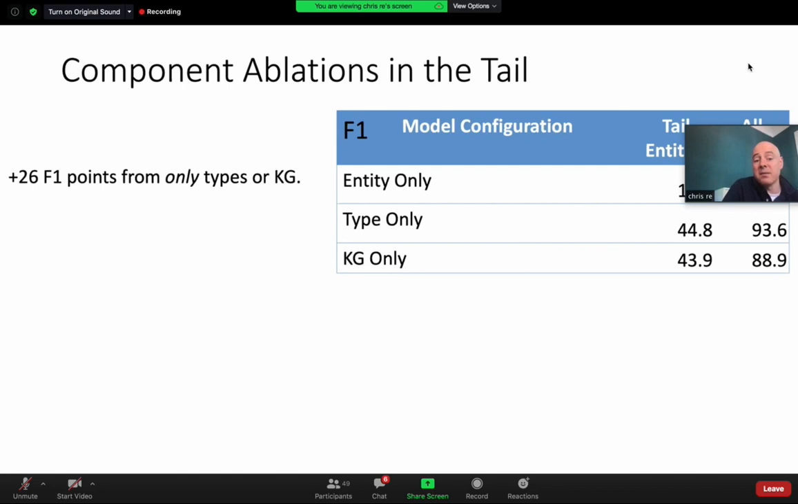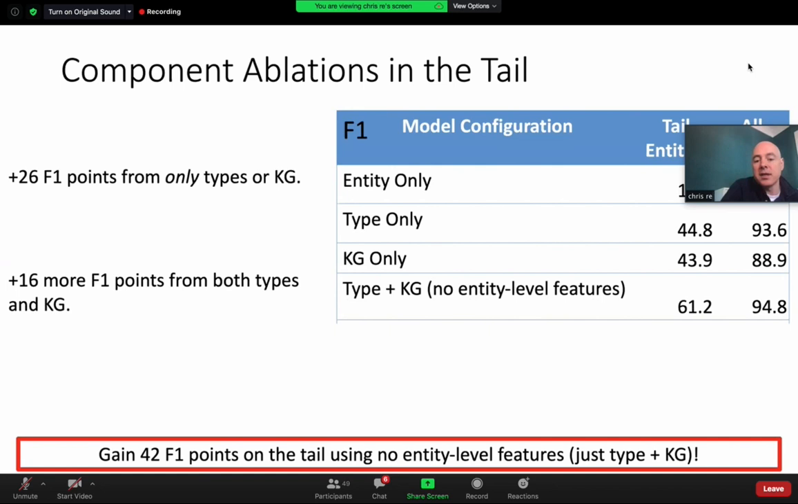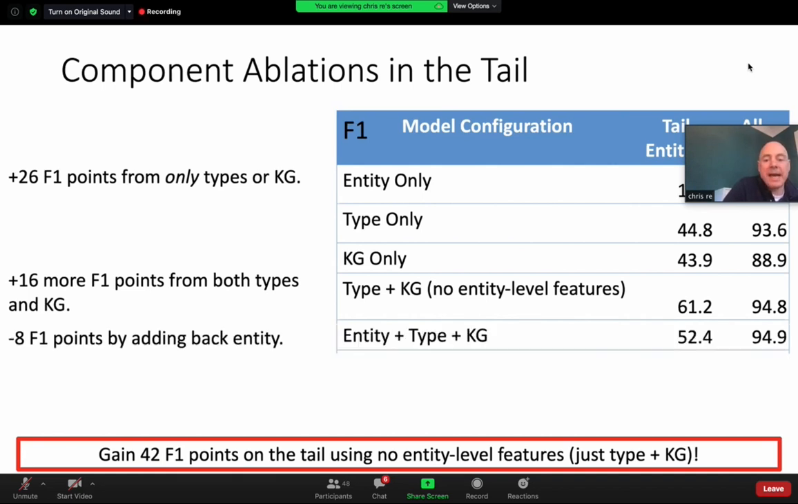You may think, well, okay, then maybe the types and the KGs are redundant. Those numbers are pretty close together. When you put them together, actually, they are not doing the same thing. They're used in different ways. And actually, you get a pretty nice bump from both. So there's obviously some overlap, but you get about 16 points more from using both than using either independently, which is quite nice. When we add back in the entities here, and on this test, as I said, as an artifact,